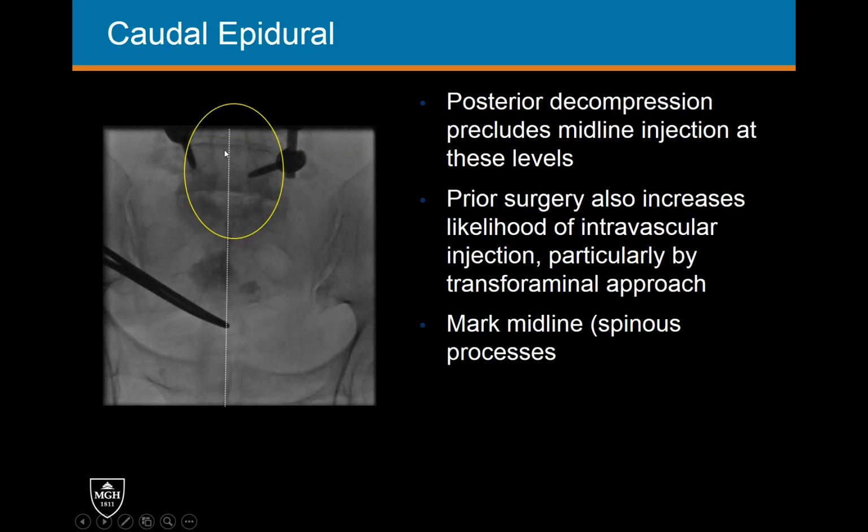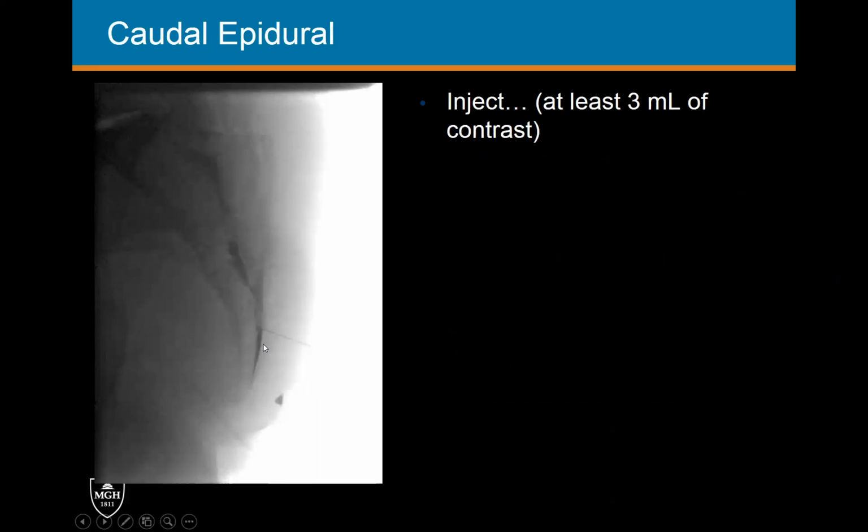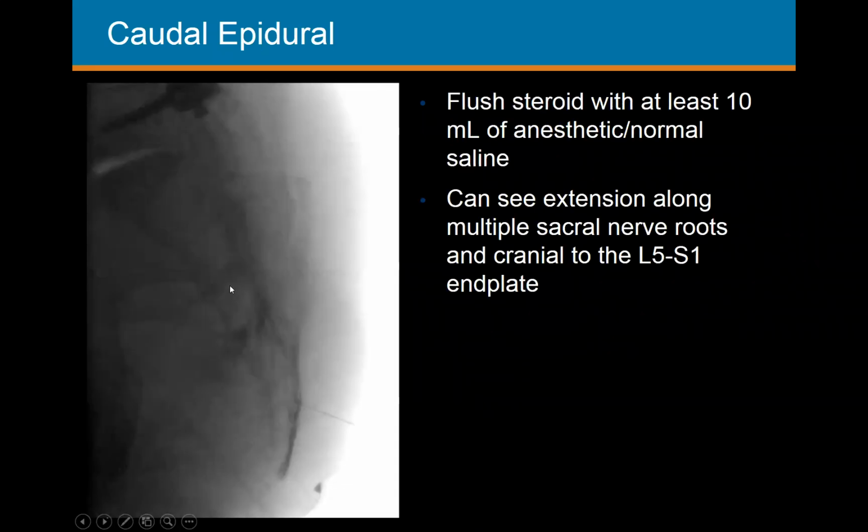So you mark the midline and draw a line down. Here it's in theory, because the spinous processes are gone, but you can still see the spinous processes of the sacrum. You draw that line all the way down, and then you put the needle in right below where it enters that posterior wall. Here's our needle, here's the posterior wall just below that, and you can see the epidural flow of contrast is flowing all the way up, and actually it's flowing out along at least the S2 and S3, maybe S1